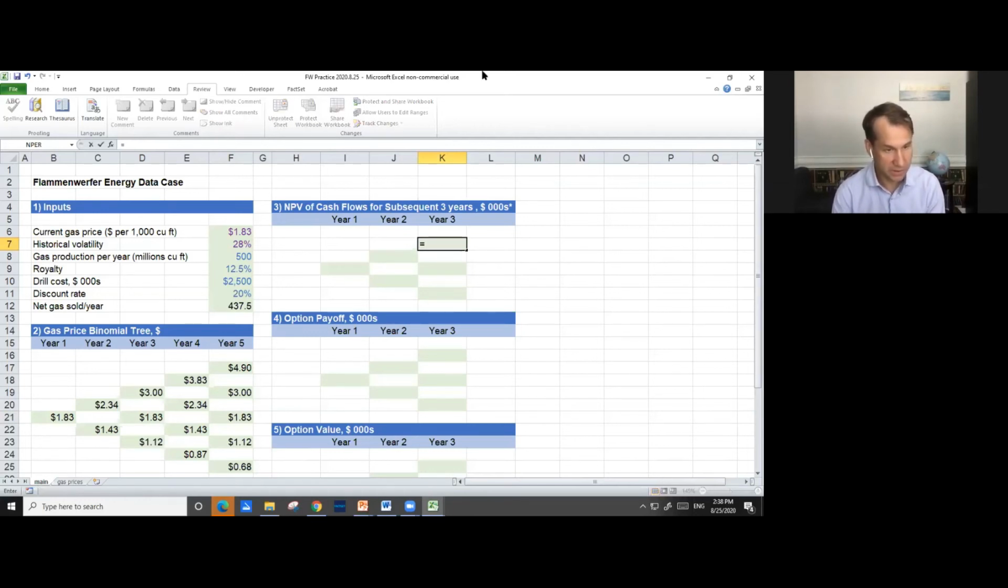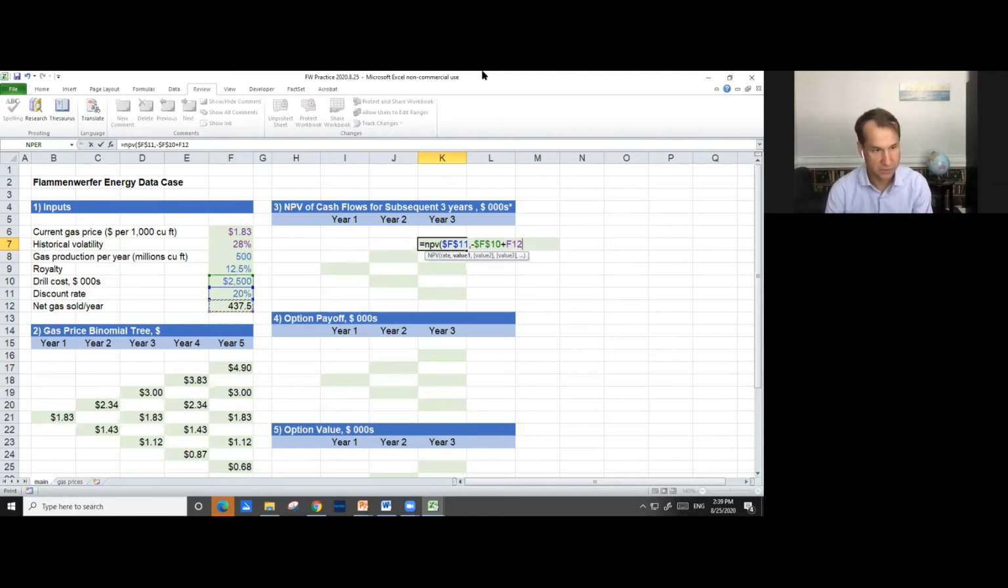So I'll type equal NPV, and then it's asking me for discount rate. I'll put in F11 and I'll freeze it. Again, everything except for the prices, the gas prices, should be static. So the next value is cash flow in year 3, and that one is negative 2.5 million. I'll freeze it, plus